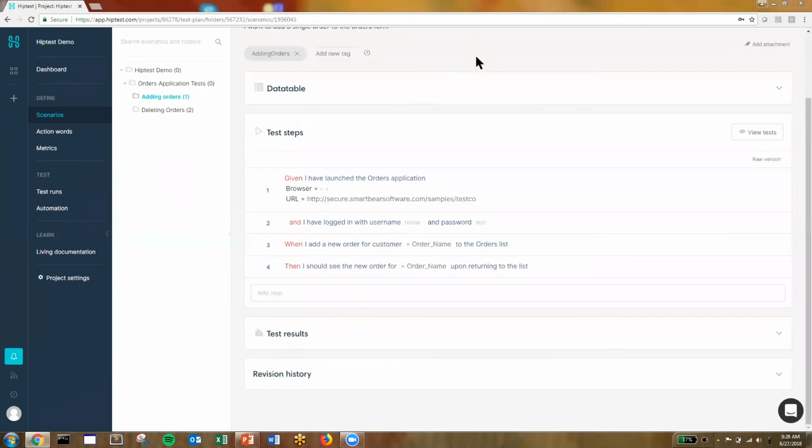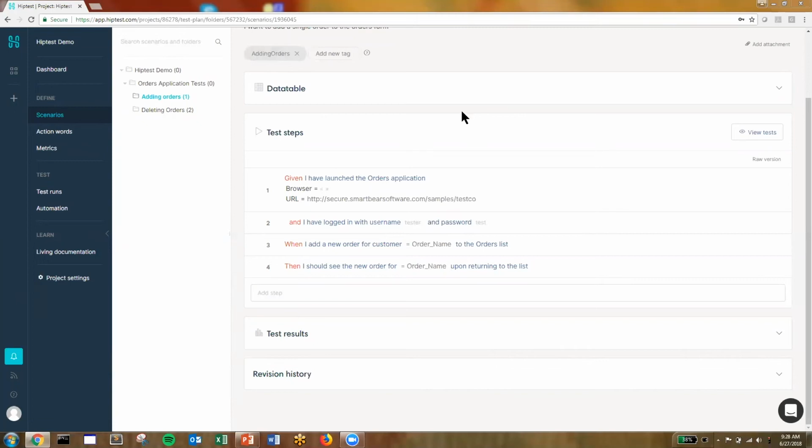Exactly. I like this example because we've all bought stuff. Adding orders, deleting orders. I don't even need to know a single thing about what this application is doing, but I now understand that folder structure. That's the sign of a good structure, but it should be specific to your application. For this one, our initial testing is just focusing on adding orders and deleting orders, so I named my folders and tags as such.